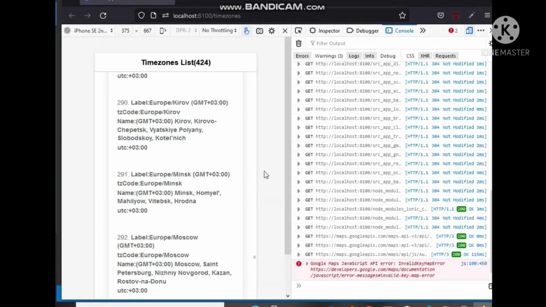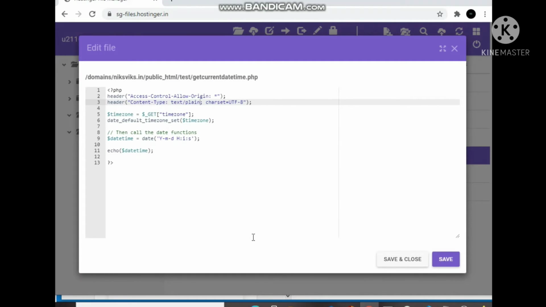So let's check. So this is the API get current date time, and you can see we are receiving the time zone from the client side in the time zone variable, and after that we set date default time zone, and then we get the date in the specific format, and we return the particular date time to the client.